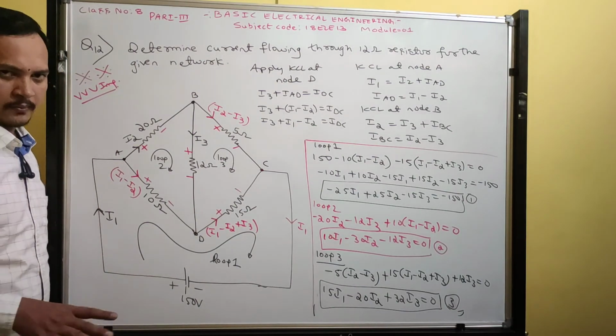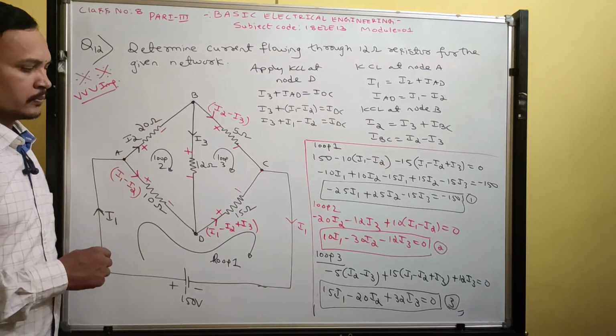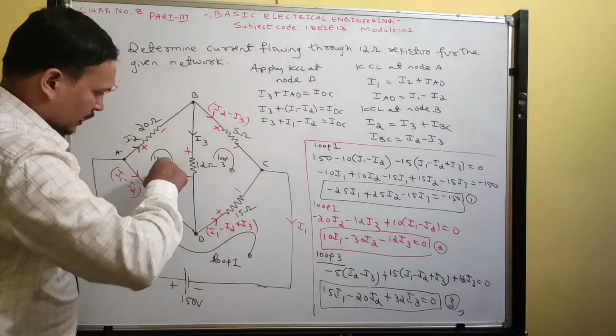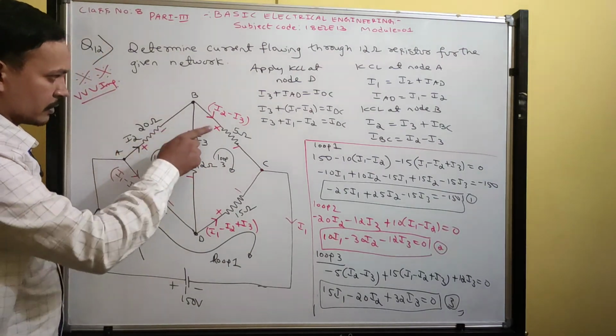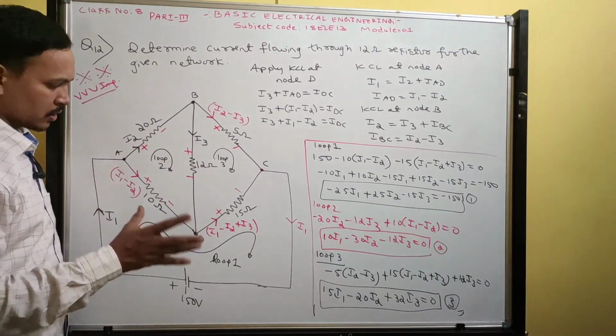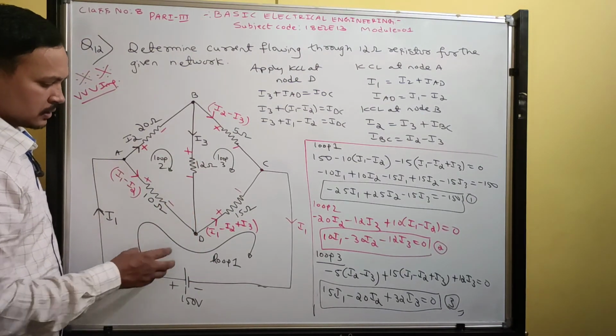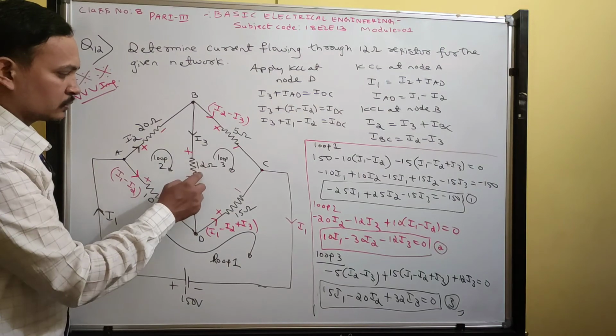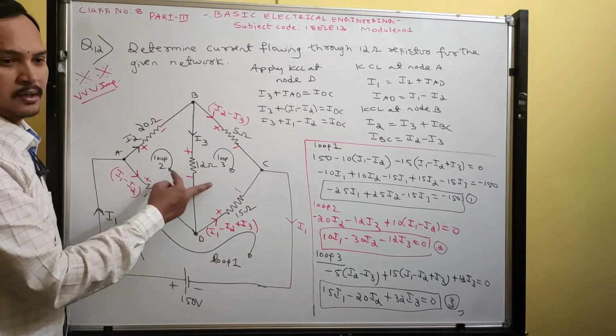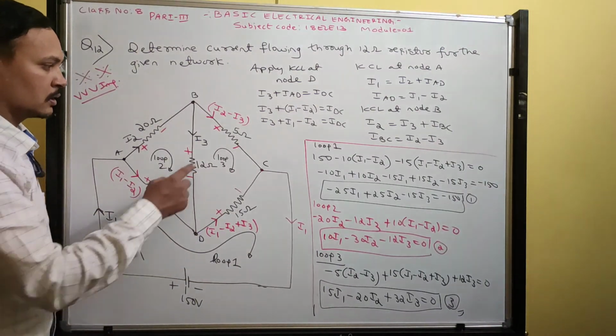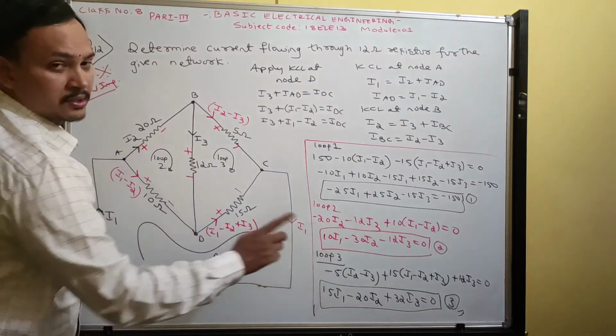Okay guys, same problem, in order to compare the previous problem and this one. In the previous problem we took I1, I2 and I3 without all these arrow marks. Now you solve the same problem like this with I1, I2 and I3, and you will get I1, I2, I3. Then what is the current flowing through the 12 ohm resistance? I2 minus I3. Subtract those two values and you will get the same I3 that you got in this.